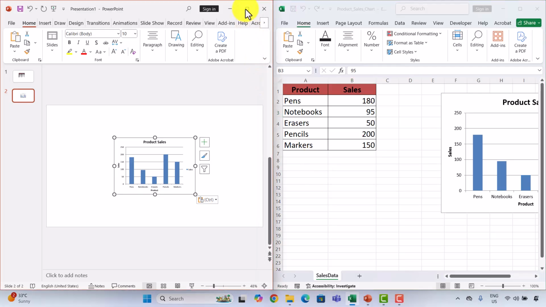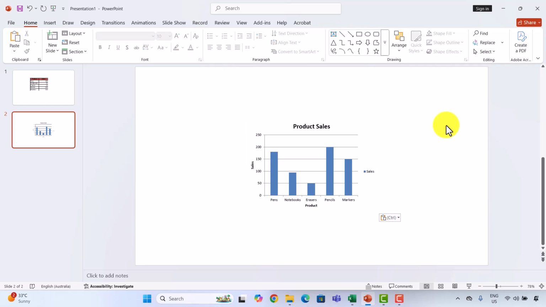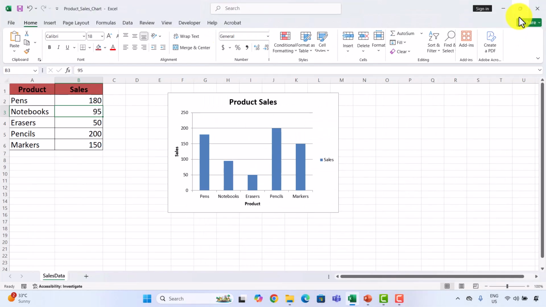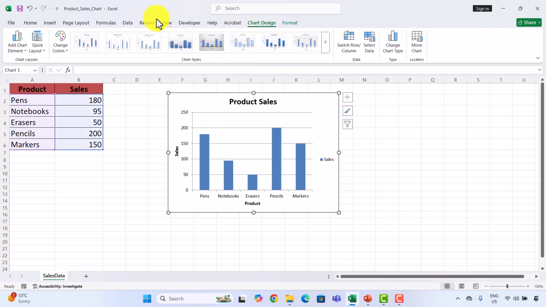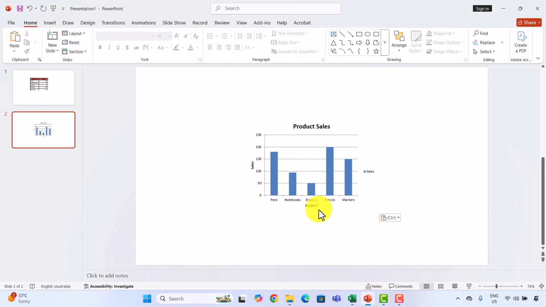When it comes to formatting linked charts, things work a little differently than with the tables. Let's say I customize this chart in Excel, maybe change the bar colors or chart style. If I switch back to PowerPoint, as you can see, those formatting changes didn't carry over to PowerPoint.